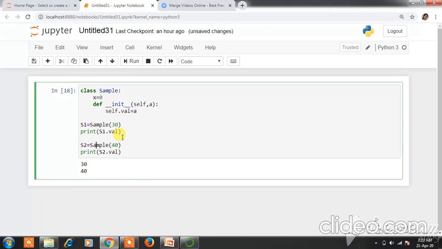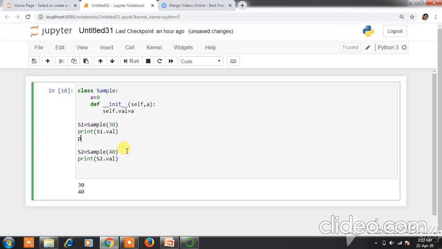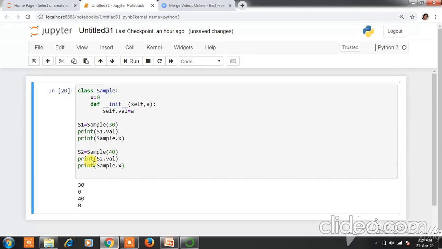Though objects of the class are created, let's see the value of x. If I say print sample.x, it will display the value 0, and if I put the same statement after this, again it will display the value 0.